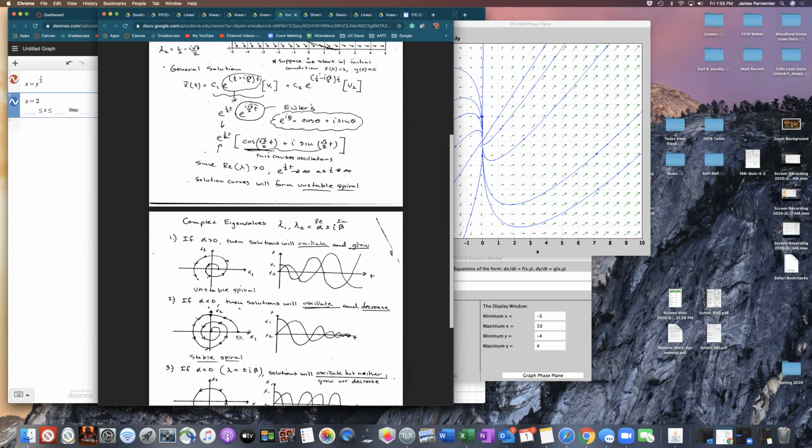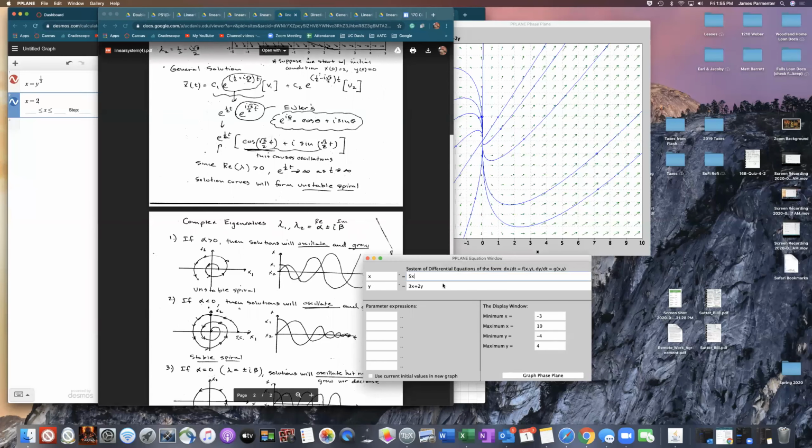And if we look at the phase plane for this particular example, dx/dt equal to minus 2y and dy/dt equal to x plus y,